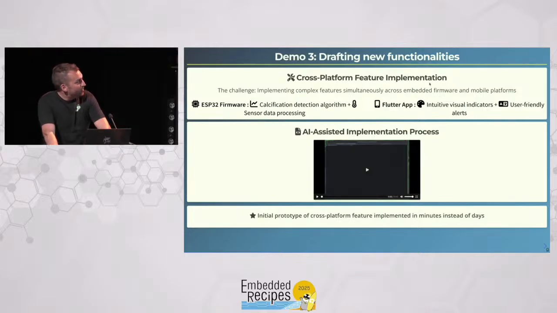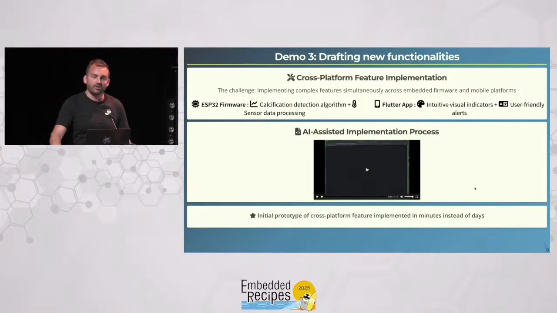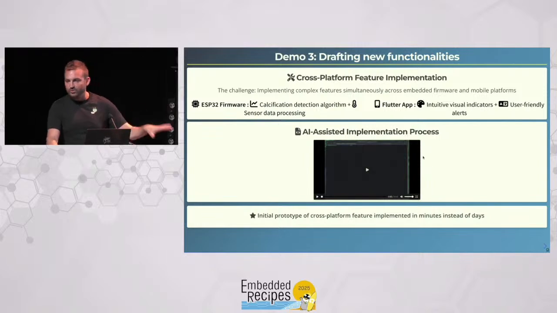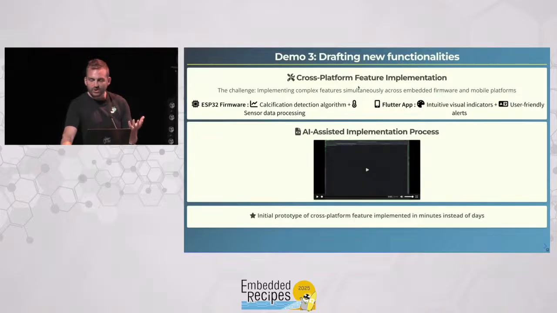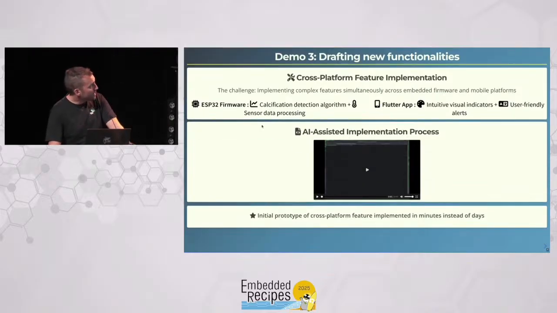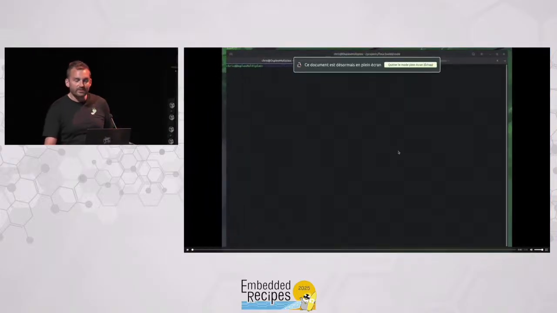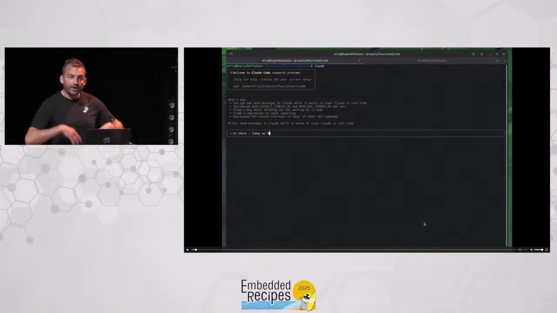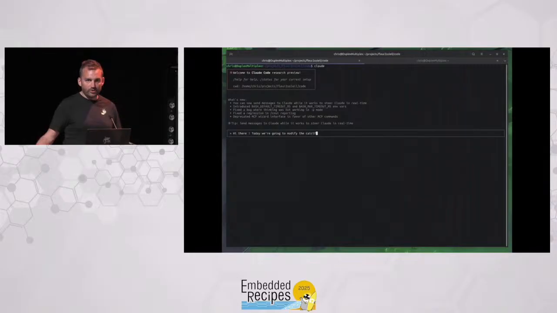So then we have a platform feature implementation. That's kind of interesting also. This is for rapid prototyping. So when you first develop a function, you would have to put a lot of effort into the rapid prototyping. So in the EcoThermostat, in the water heating stuff, I have a calcification detection, which is able to detect the amount of calcification in the water heater, right? And I wanted to improve this calcification process. Instead of saying, okay, your water heater is calcified, like 100% of the water heaters are, I'm asking Claude,